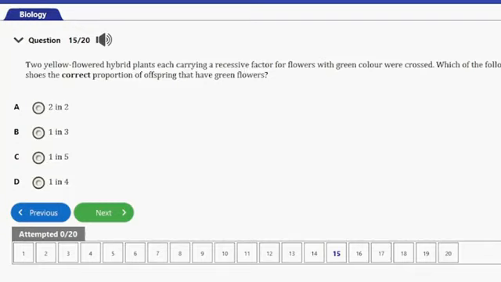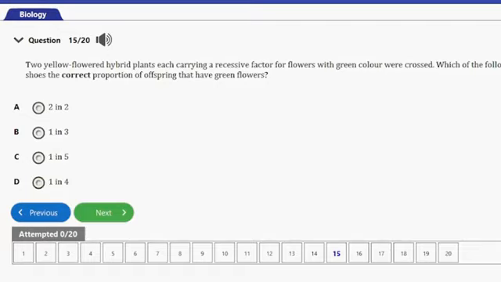Question number 15. It says, two yellow flowered hybrid plants, each carrying a recessive factor for flowers with green color, were crossed. Which of the following ratios shows the correct proportion of offspring that have green flowers? So guys, obviously, all right, let's look at the options. 2 in 2, 1 in 3, 1 in 5, 1 in 4. So guys, obviously the answer to this question is option D, and that's 1 in 4, because their phenotypic ratio